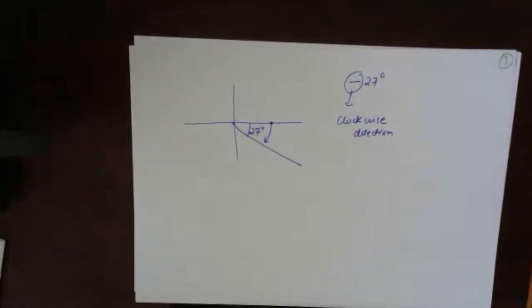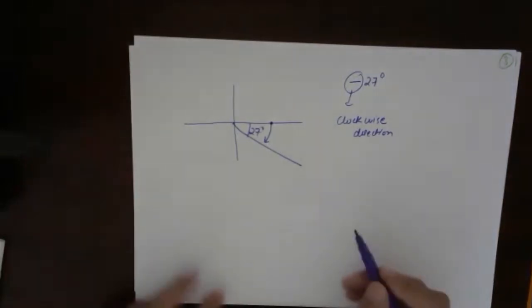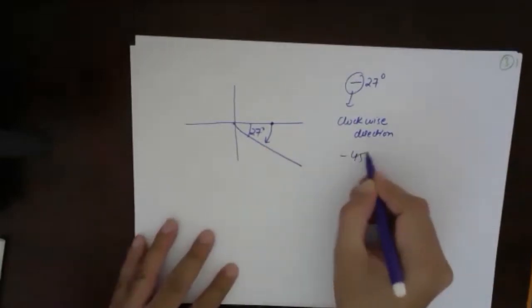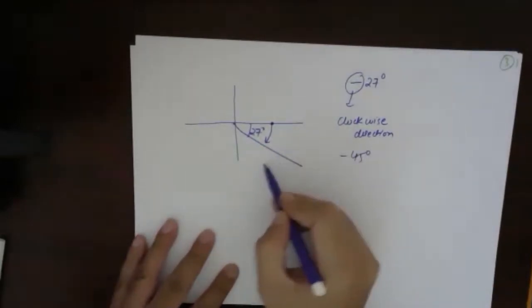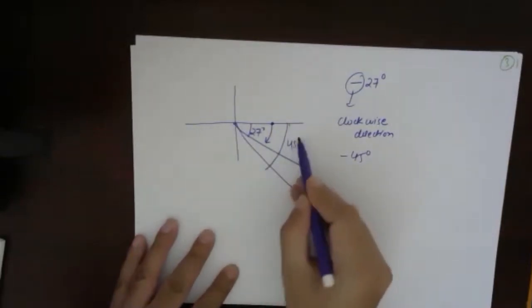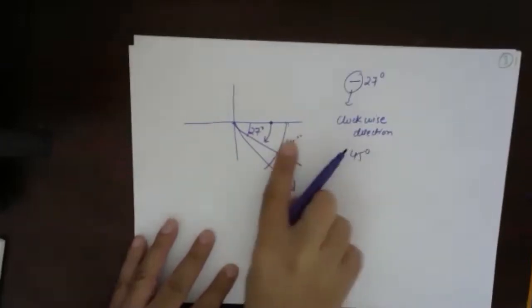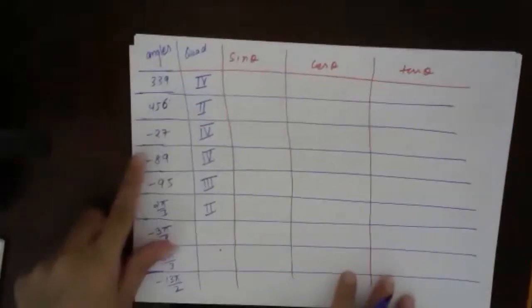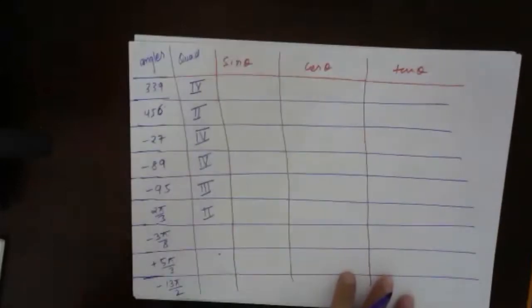Yeah, that is correct. Very good. Now suppose it is minus 45 degrees. Minus means in clockwise direction, means downwards. Minus 45 means somewhere here, 45 degrees. So again in which quadrant? In the fourth quadrant. Understood, Madhumita? So that is why minus 27 and minus 89 are in the fourth quadrant.